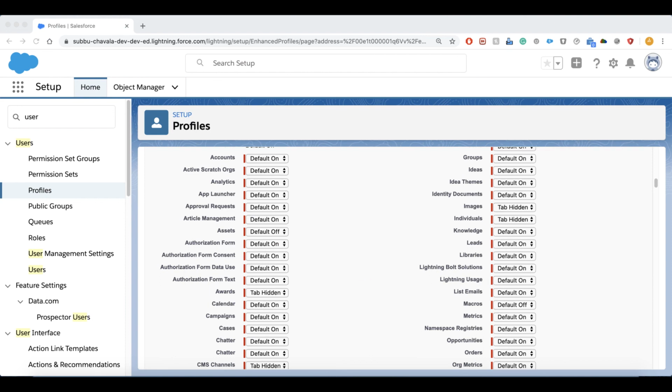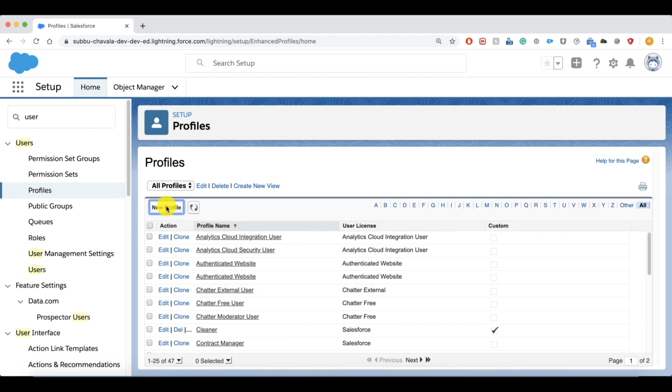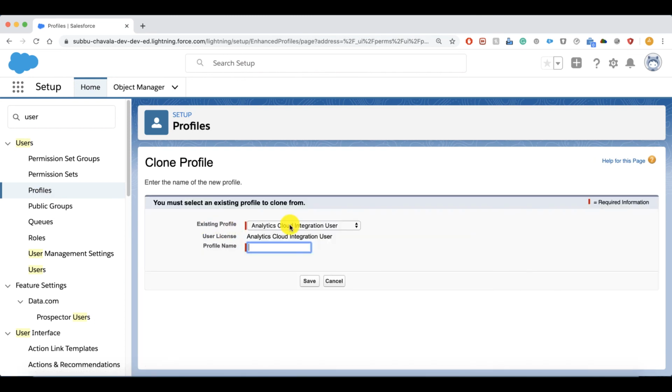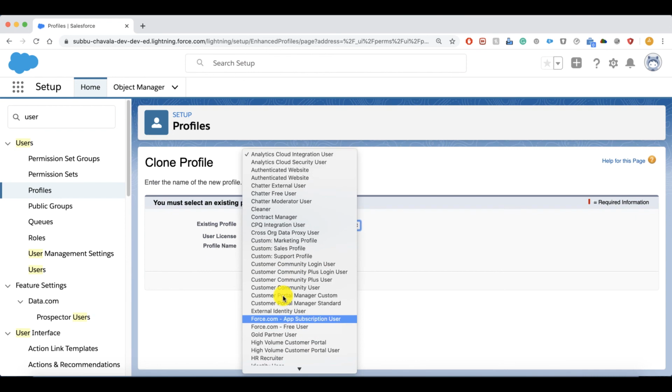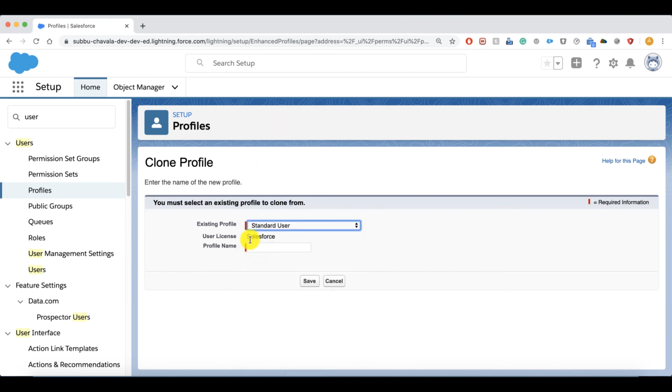The next point is whenever we clone a profile, the new custom profile gets created with the same license type as the standard profile which we have cloned. Click on profile, try to create a new profile. So what are we getting? Existing profile. If you select any profile, whenever we clone it, the new custom profile has the same license type as the standard user profile.